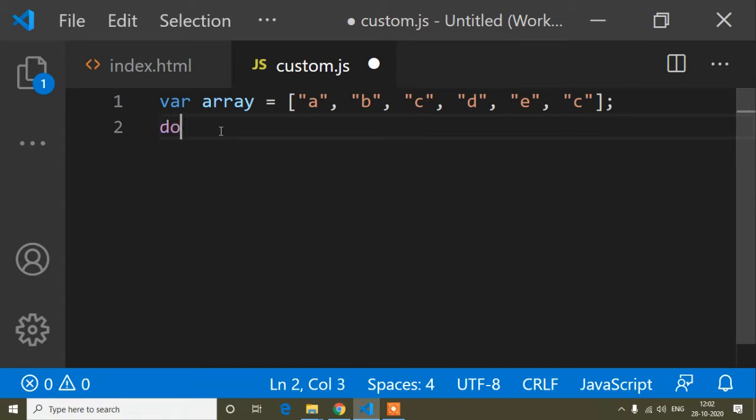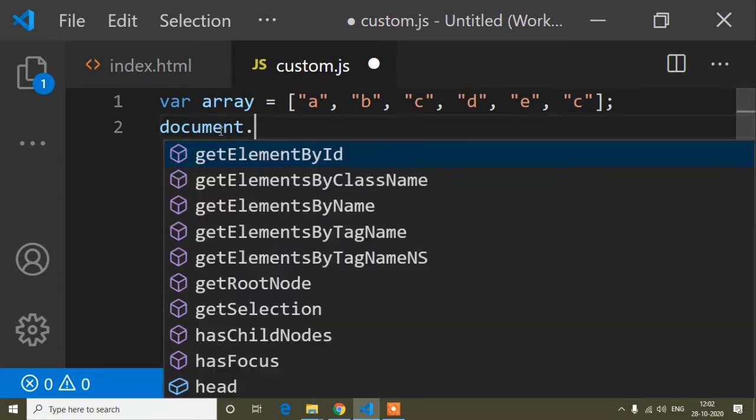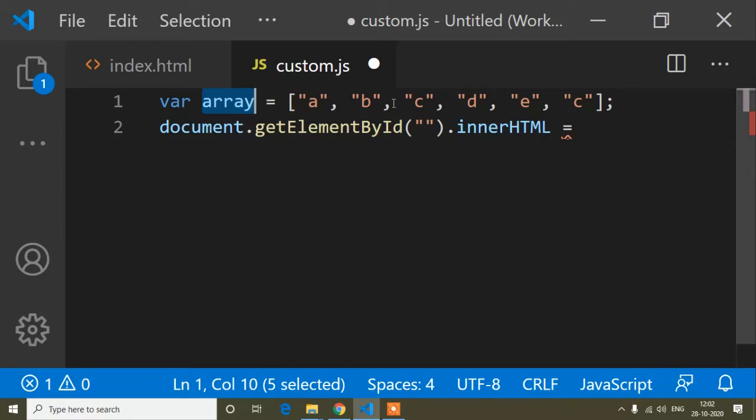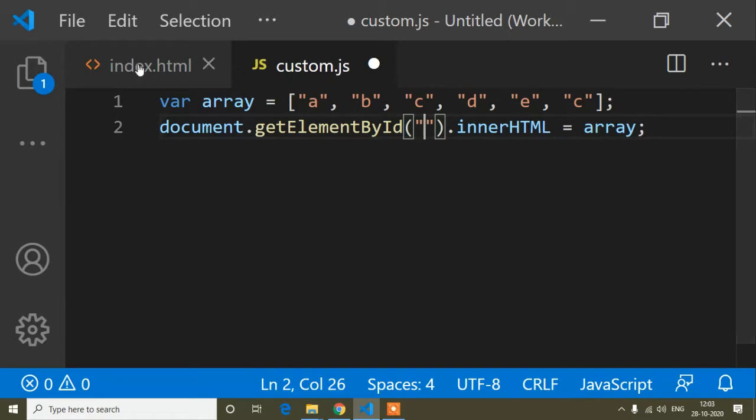For that, document.getElementById with parentheses and quotes, dot innerHTML, because we use innerHTML to print anything in JavaScript. Now I want to print the value of this array, so I take this array variable and paste it here, and this id I have to create.